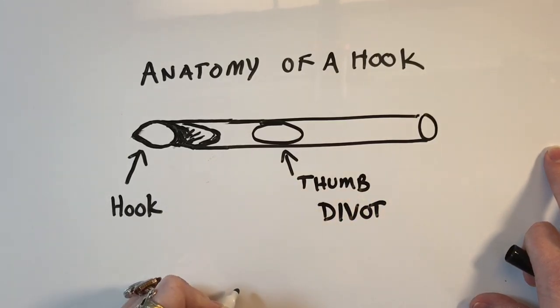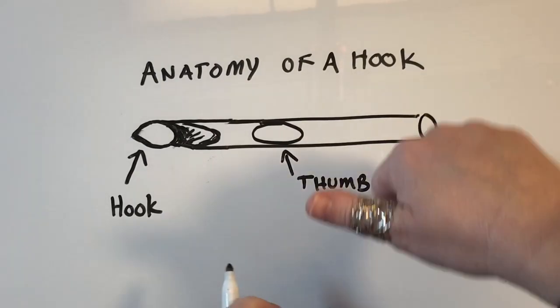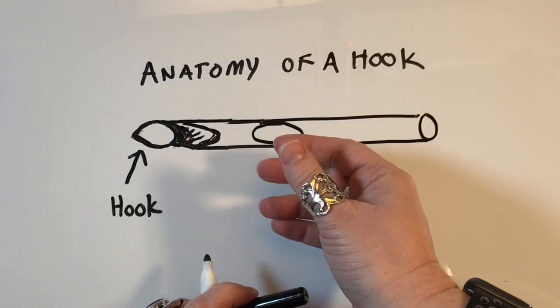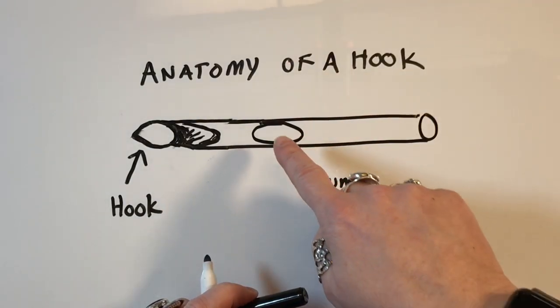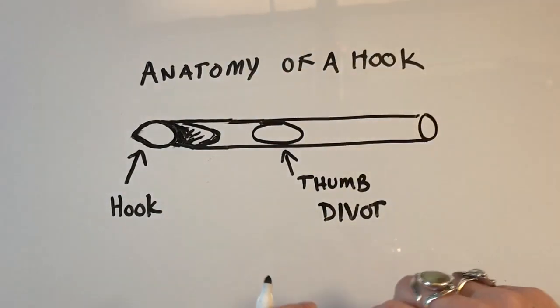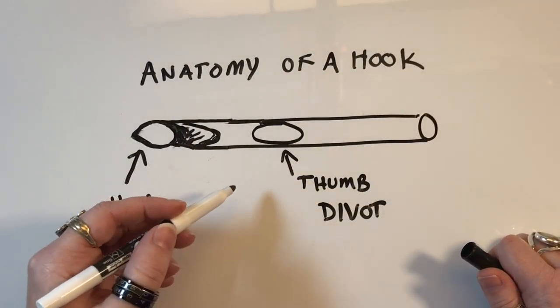There are a couple different ways to hold your hook. Either way, if you're holding it from on top or if you're holding it from underneath, kind of like a pencil, your thumb goes there. Thumb. Ta-da! Then in between,